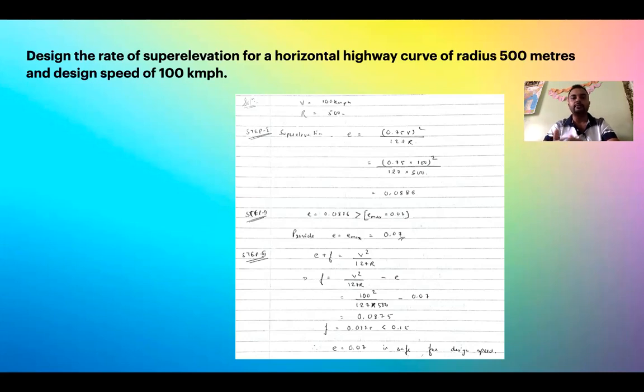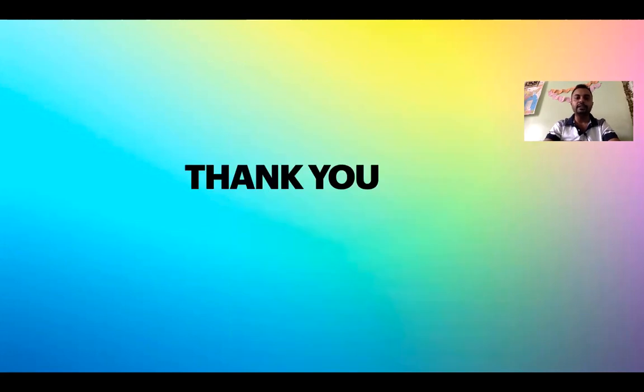So next step is calculate the value of f. So when we calculate the value of f, we found out that the f is less than 0.15. So since f is less than 0.15, we do not need to restrict the speed over here. We can consider the same design speed of 100 km per hour and provide a super elevation of 0.07. But if f would have come greater than 0.15, we have to move to step 4 and calculate the restricted speeds. Okay. So with this, we have come to the end of the discussion on super elevation.